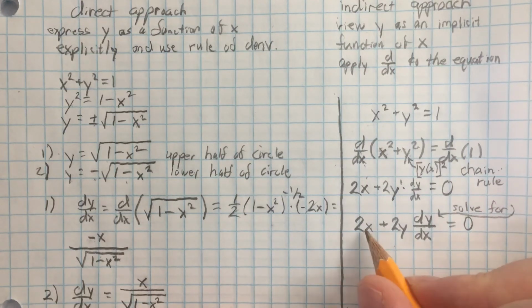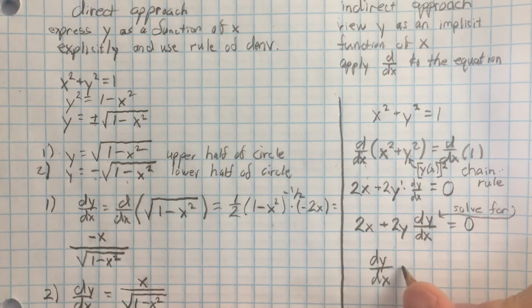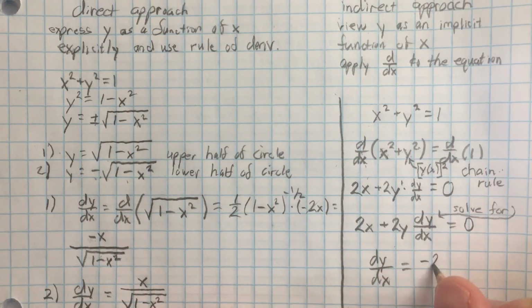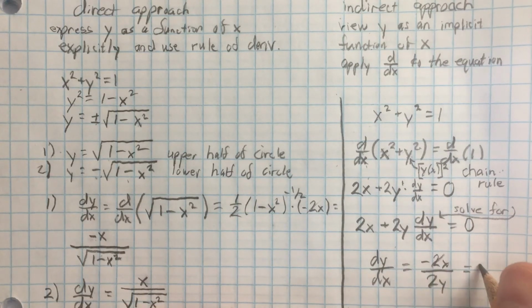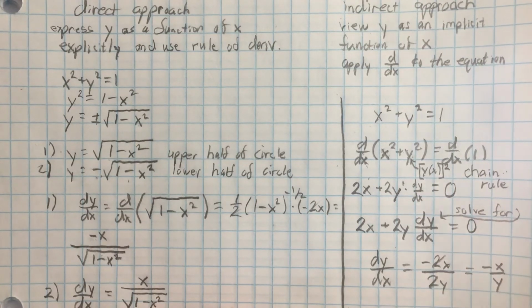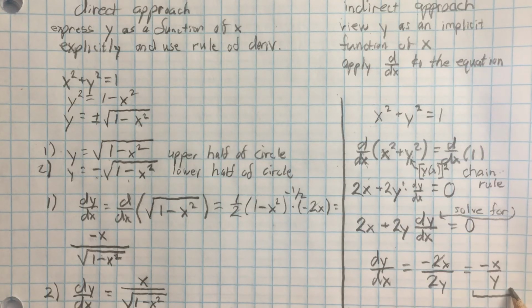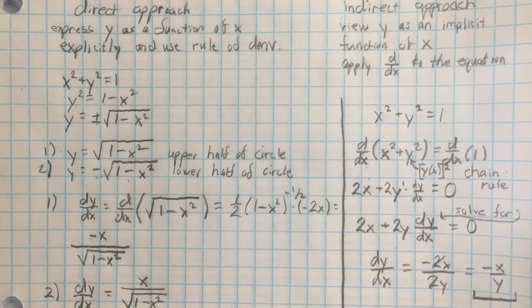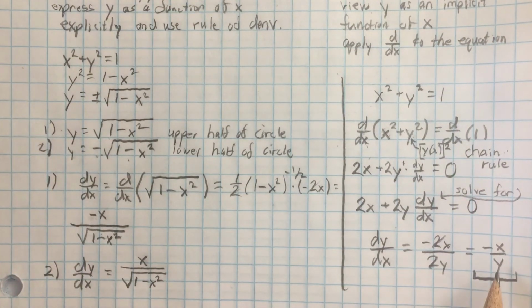So doing that, like I said, subtract 2x, divide by 2y, and dy dx by itself is now negative 2x over 2y, which of course is negative x on y. All right. So there's our derivative for all time for this relation, the unit circle positioned at the origin. Now, if you look, you'll notice that this is exactly what we found over here in a wildly more efficient